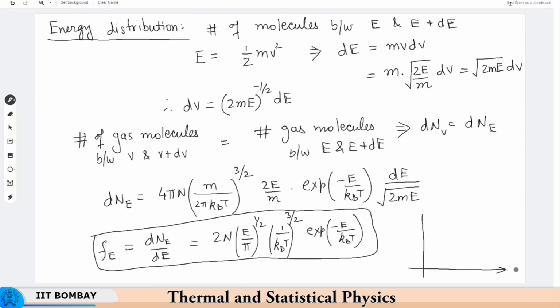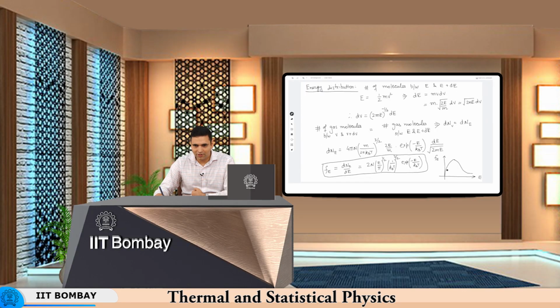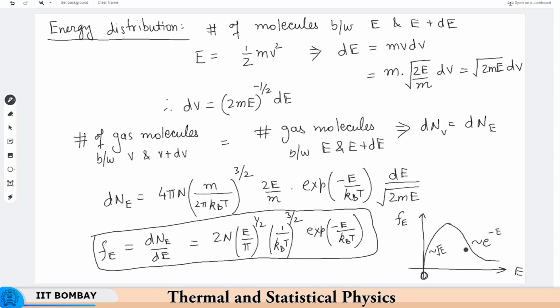So, your x axis is E, y axis is f of E, and initially this is like a square root function which decays exponentially, right. So, this is like square root E initially at small E values, remember this is 0, and later it decays exponentially, right. So, this is how the energy distribution looks like. Okay. So, having done all that, there is also another interesting